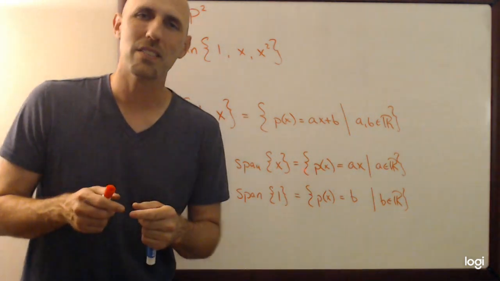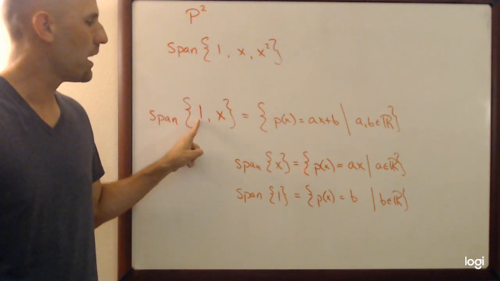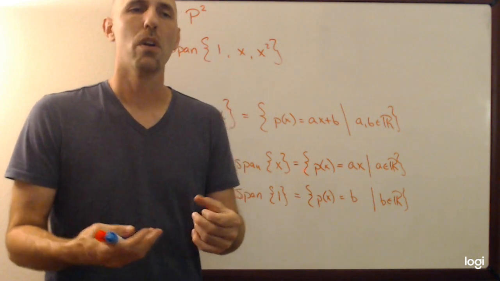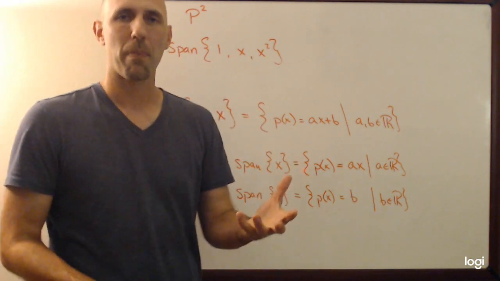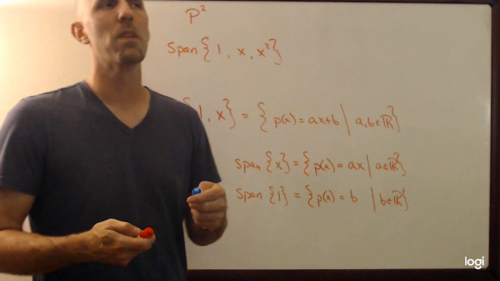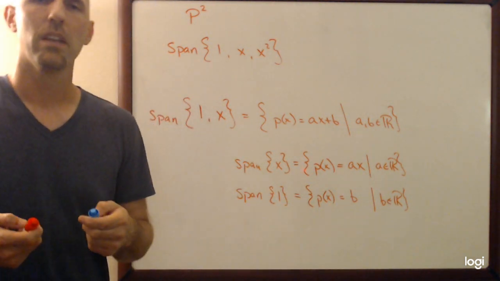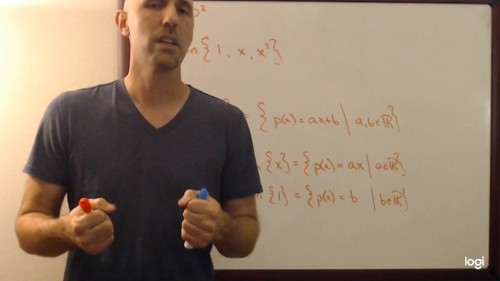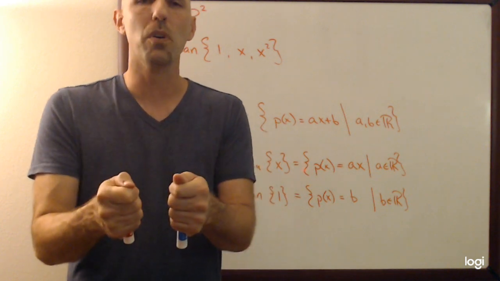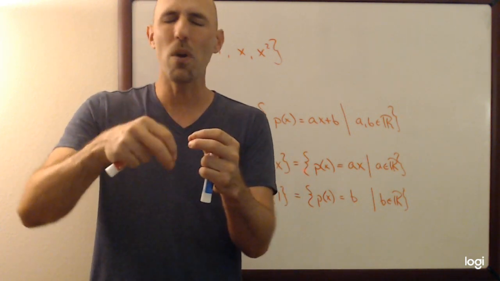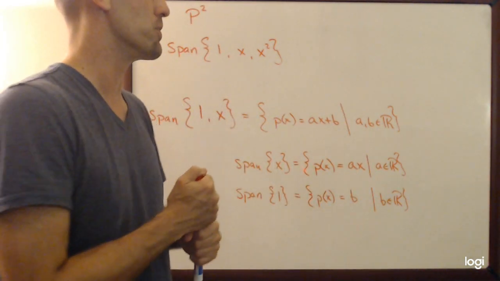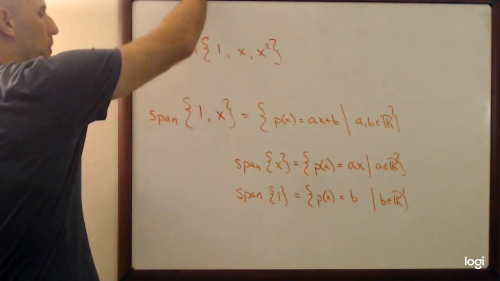So in this sense, both the 1 and the x provided useful information for creating this span. Okay? This is a sort of intuitive definition for what linear independence means. A set is linearly independent if every single item in that set is useful for the creation of the span, if taking any one of them out would cause a reduction in what you can span with the new set. Okay? So, for example,